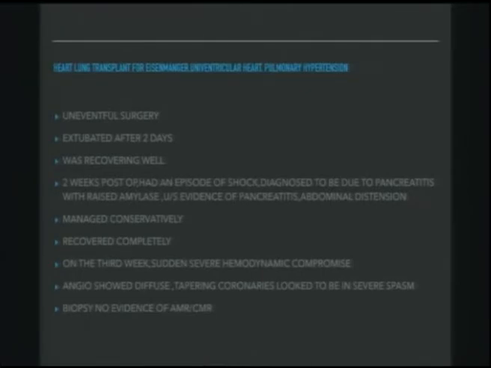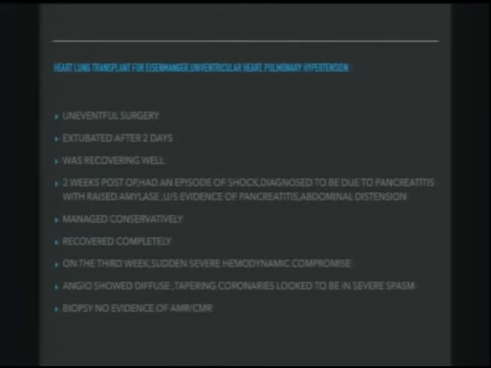She had a heart and lung transplant for Eisenmenger univentricular heart. She had uneventful surgery. She was extubated the next day actually. She was recovering very well. Two weeks post-operatively, she had an episode of shock. In the morning, sudden hypotension, responded to fluids, required some noradrenaline, and had abdominal distension and very high amylase